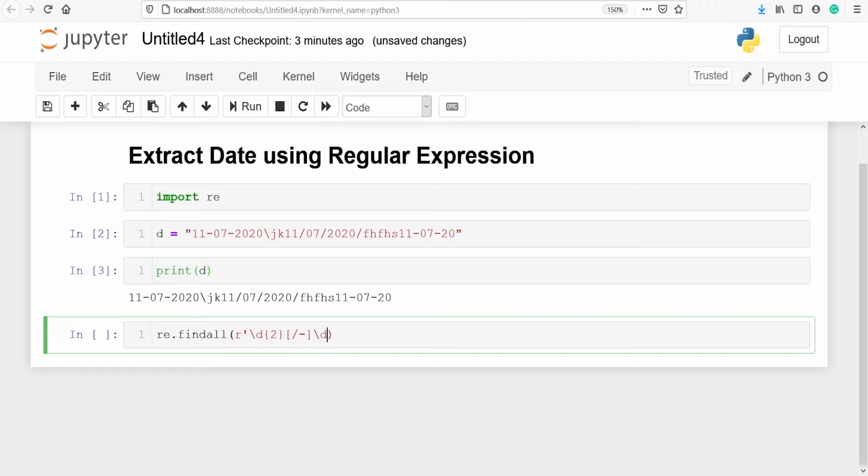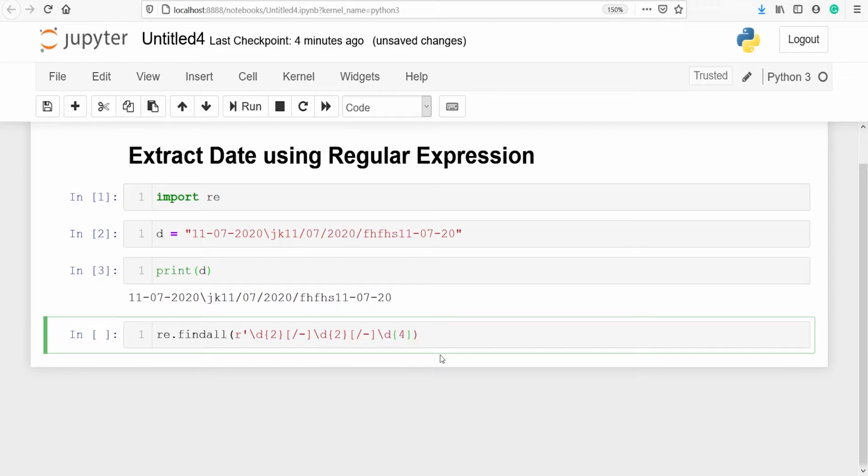The next pattern will be two numbers, followed by a backslash or dash, and then finally I will write \d for number, and this time it should contain four numbers instead of two, because 2020 has four numbers, that is why here I am writing 4.